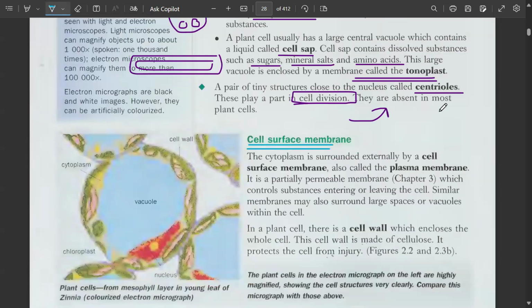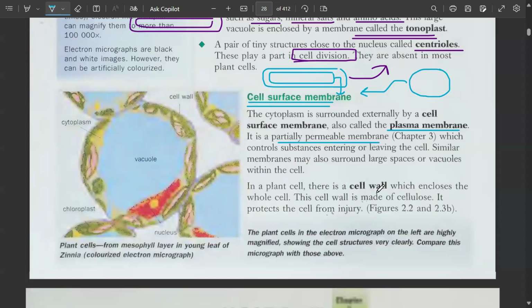मोर ओवर, सेल वॉल के अंदर ही आपके पास होती है सेल मेम्ब्रेन। If you talk about animal cells, एनिमल सेल्स में तो आउटर मोस्ट लेयर ही क्या है, सेल मेम्ब्रेन। But in a plant cell, प्लांट सेल के अंदर आपके पास पहले सेल वॉल आती है, और फिर सेकेंड मोस्ट जो इनर मोस्ट लेयर है, that is the cell membrane. It is also known as the plasma membrane, और इसको हम पार्शली परमेबल या फिर सिलेक्टिवली परमेबल मेम्ब्रेन का भी नाम देते हैं, which controls the substances entering and leaving the cell. Similar membranes may also surround large spaces or vacuoles within the cell, and in a plant cell,